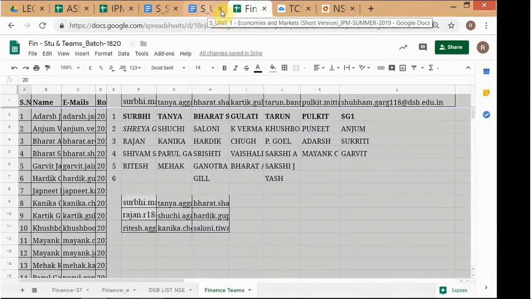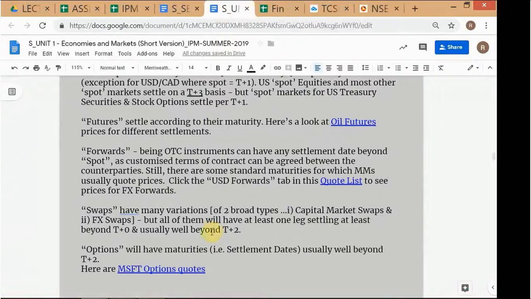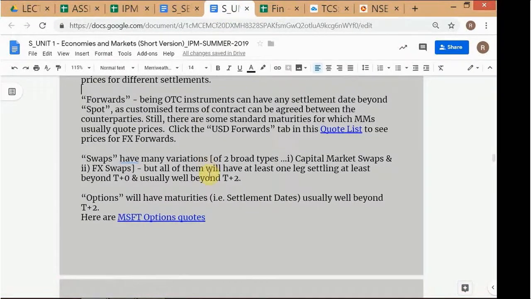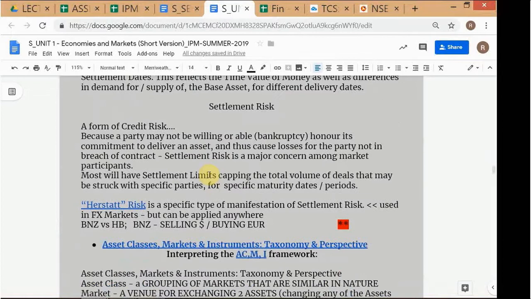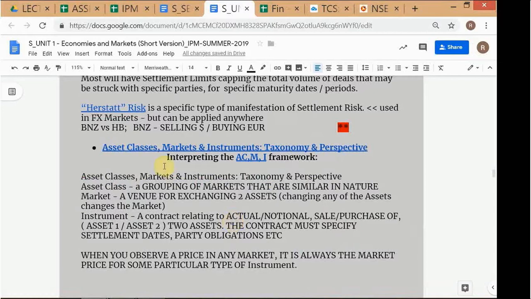Okay, all right. So here we have the discussion about settlement risk. We've just gone back a little bit. I had this little red marker for this. We'll come back to this. Okay, and then we are looking at this. So the other thing to understand